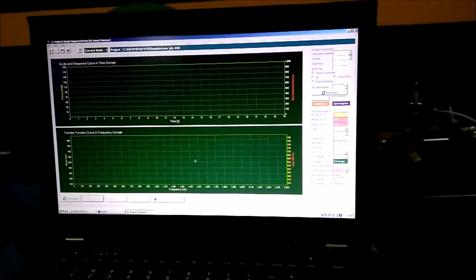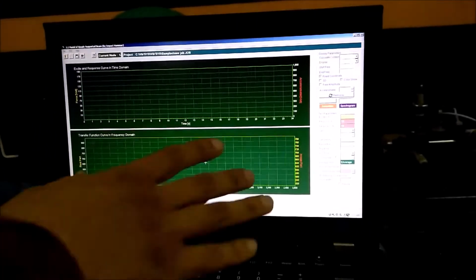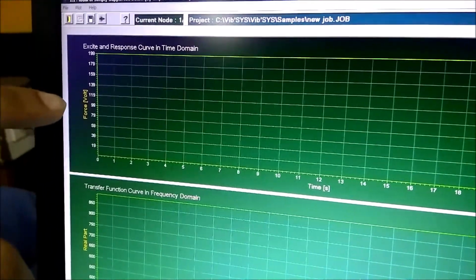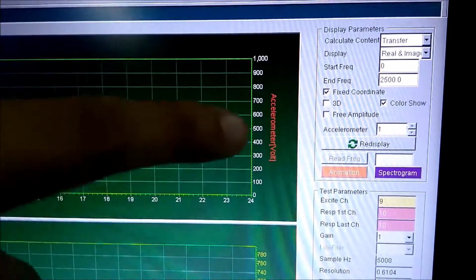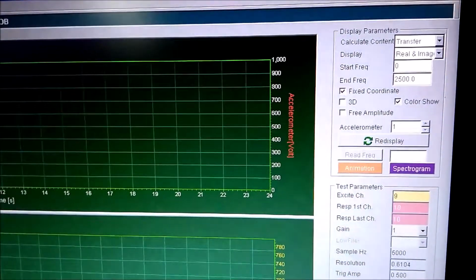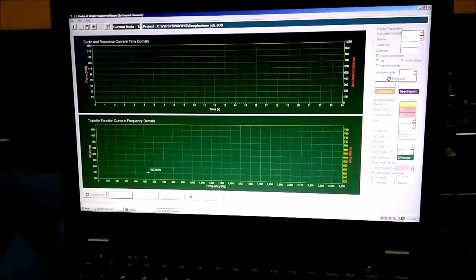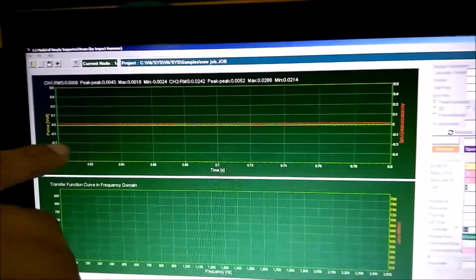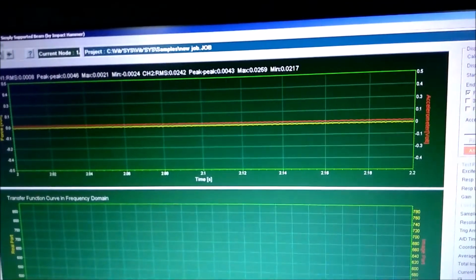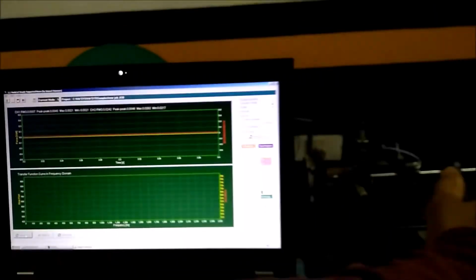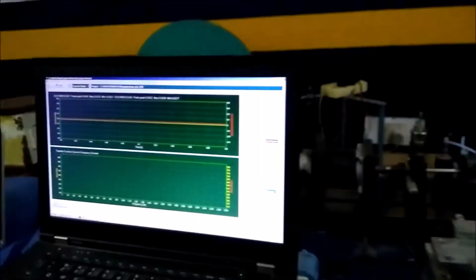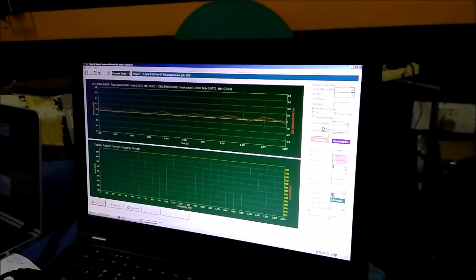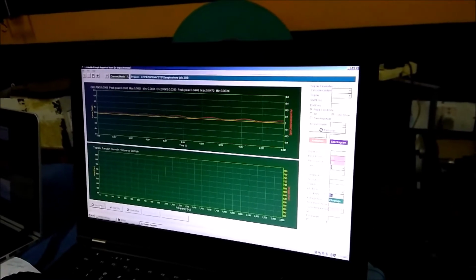So this is the window where our experiment will be conducted. Here you can see the force is depicted with the yellow color, and the accelerometer is depicted with the red color. I'm going to click on oscilloscope. First you have to see whether everything is working fine or not. So I'll just hit here on the simply supported beam. And you can see a spike in the red channel, which is for the accelerometer.